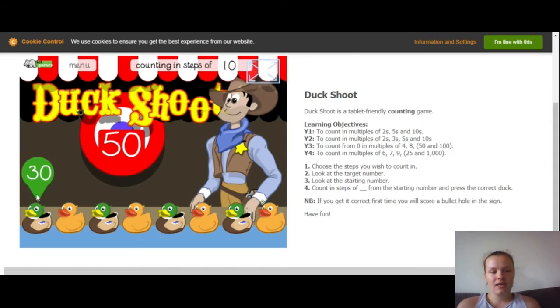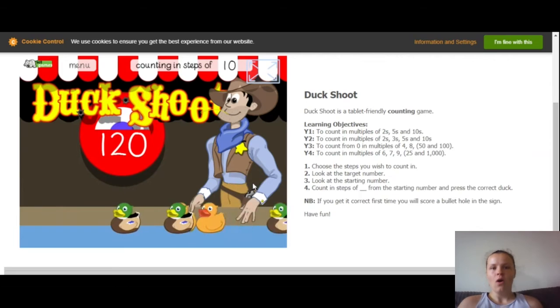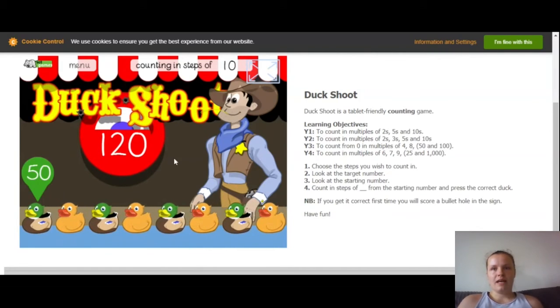Okay, so 30. Let's count on. 40. 50. So I think this is the duck we need to knock down. So let's shoot. And we were correct. Okay, so next one. This is a big number. Okay, so this is the number